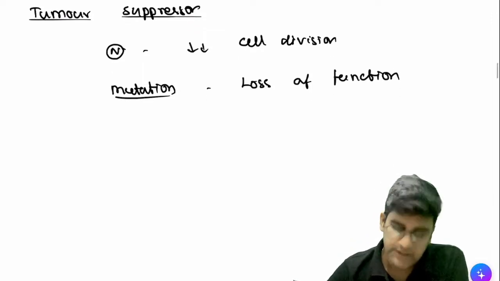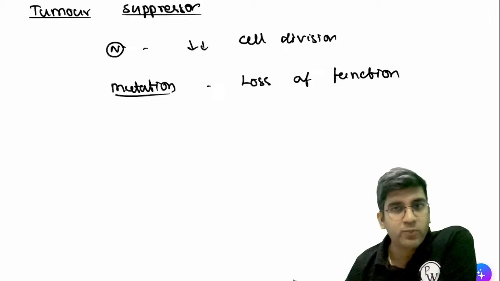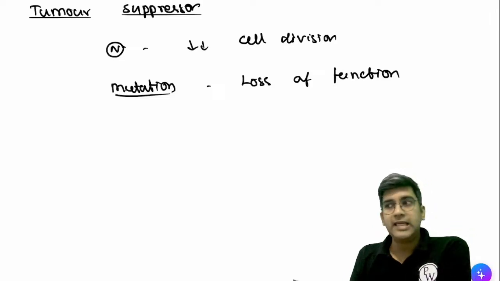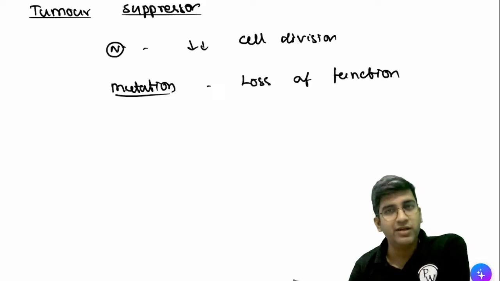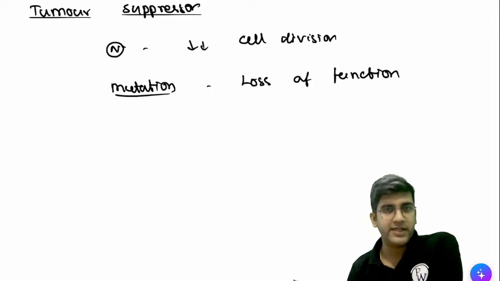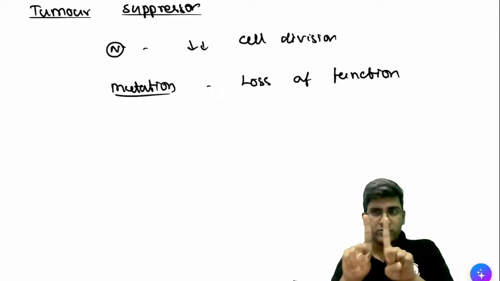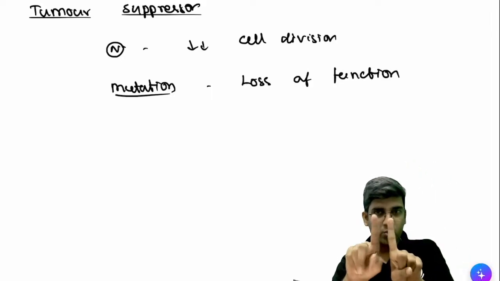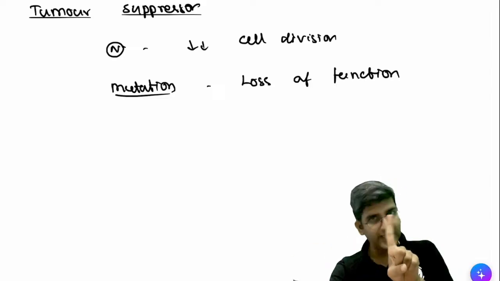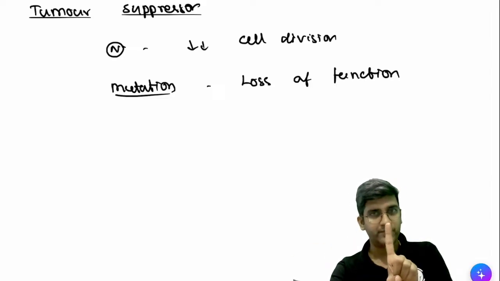Fine. Just one more question to learn one more concept. Let's say, how many copies of every gene do we have? If I take BCR-ABL, how many copies do we have? One copy or two copies? Two copies, right? Let's say that I have a tumor suppressor gene with two copies. One copy is lost. Will the other copy still function or it will not function? It will still function, right? Will it still stop tumor growth? It will still stop tumor growth, right?